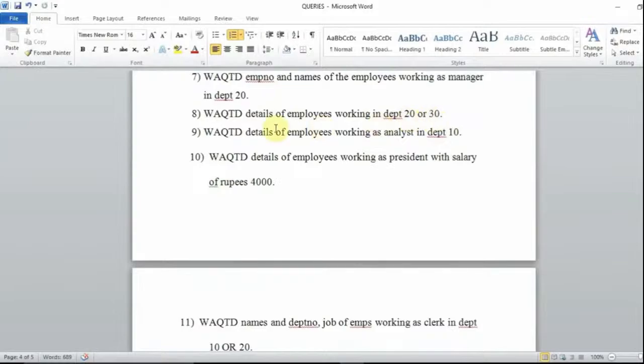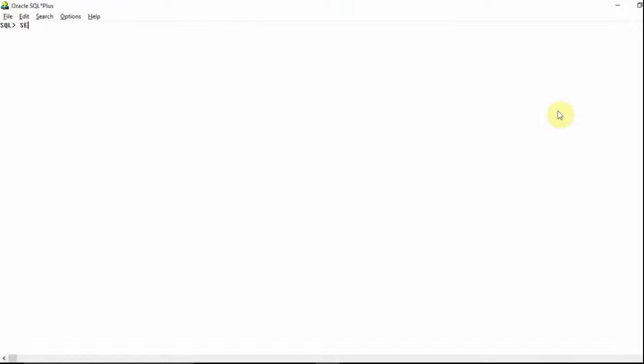Okay, so I think we have solved which one? 8th one. Okay, 9th one, guys. Now write a query to display details of employees working as analyst in department number 10. So I want to display details, that means select star from EMP,